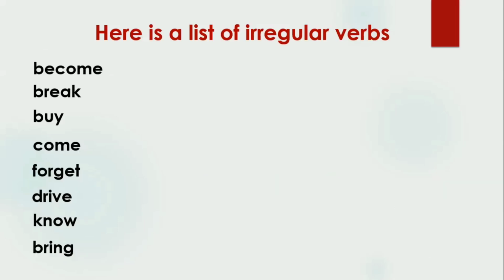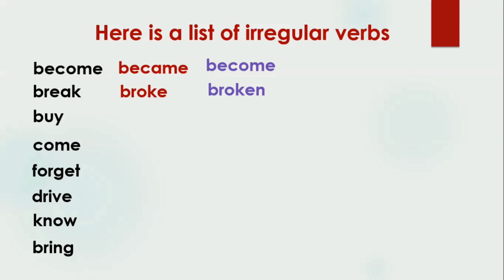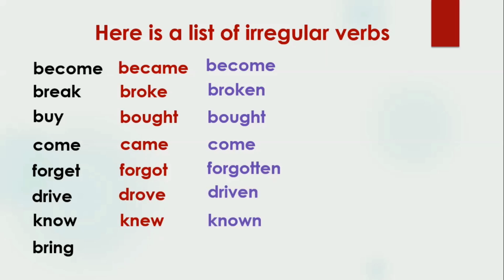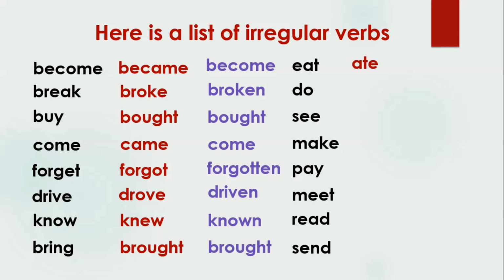Here is a list of irregular verbs: become, became, become, break, broke, broken, buy, bought, bought, come, came, come, forget, forgot, forgotten, drive, drove, driven, know, knew, known, bring, brought, brought, eat, ate, eaten, do, did, done, see, saw, seen,